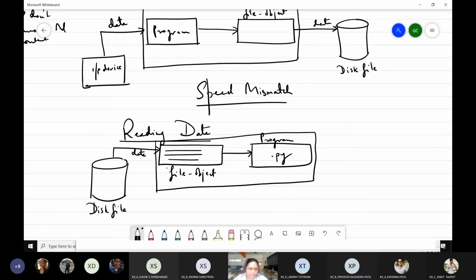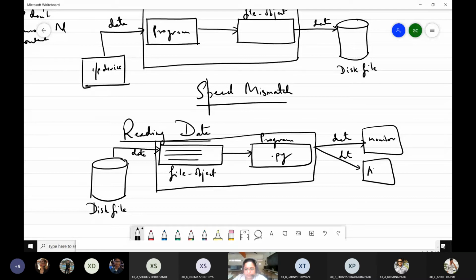When the program executes, the data will be fetched from the disk file and it will be saved in the file object. Now, whatever you want to do with the data, you want to print the data on the output device, whether you want to send it to the monitor for display purposes, whether you want to send the data to the CPU for further processing, that is sending it to the ALU for further processing, or you want to save that, you want to print the data directly.